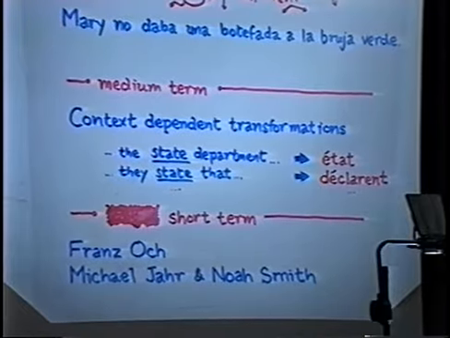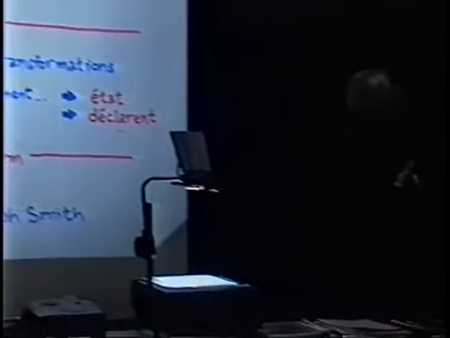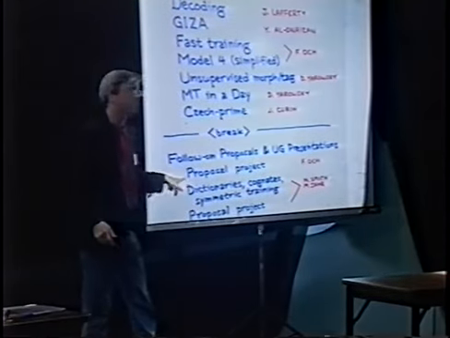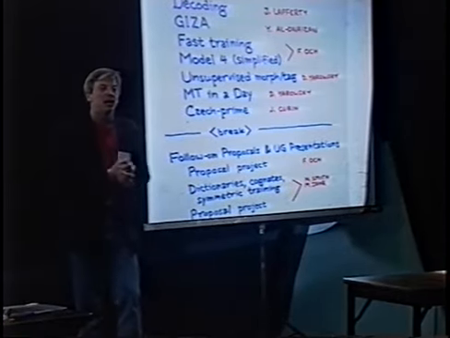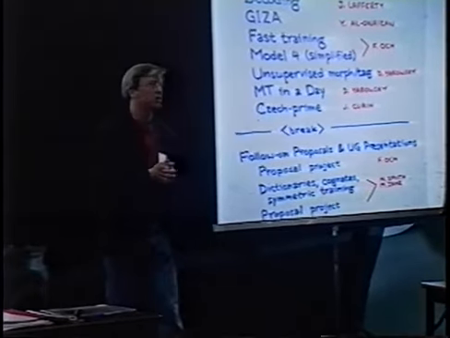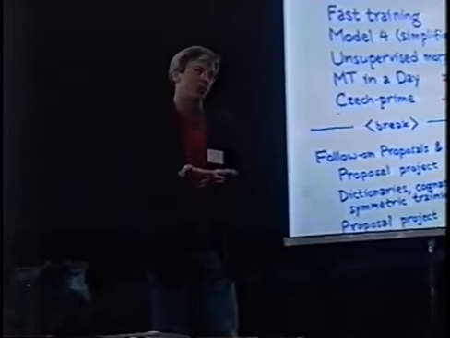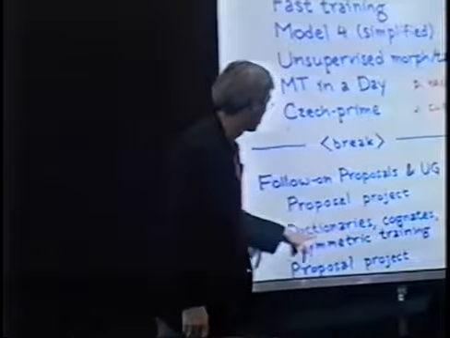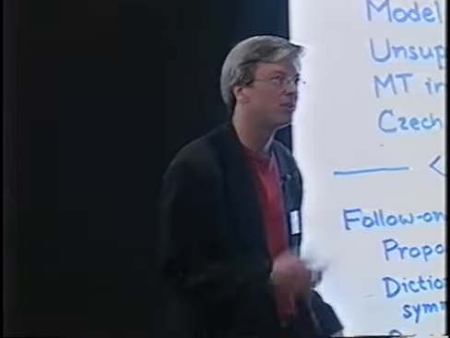And short term, we have 2 presentations of proposals for follow-on research, and this is going to be merged with the undergraduate presentations in this case. So the first proposal will be from Franz, who is a graduate student at Aachen, and he will be proposing a year of support for a graduate student. And Noah Smith and Michael Yahr will be doing a kind of unique proposal for a joint request, which would fund part-time, half-time research during the year, summer support, and travel support to go to conferences. So I'll just turn it over to these guys. So Franz, you will go first.